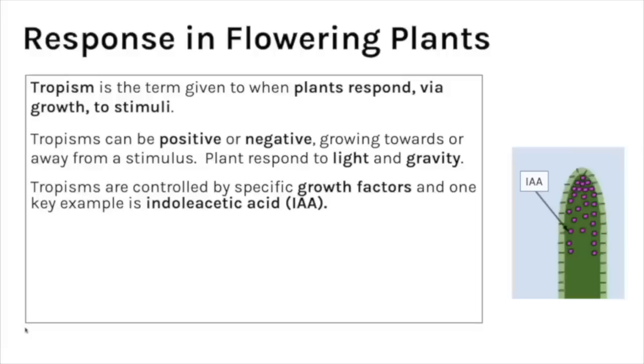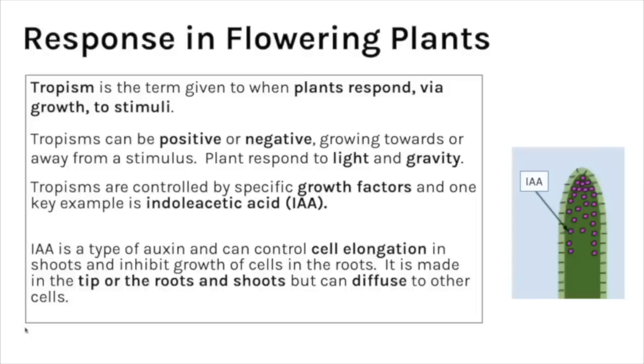Now, tropisms are actually controlled by specific growth factors, and one key example is IAA. Now, IAA is a type of auxin and it can control cell elongation, meaning making the cells get longer. And this is in shoots, it elongates, but having IAA in the roots actually inhibits the growth of cells. IAA is made in the tip of both the roots and the shoots, but it can move through by diffusion